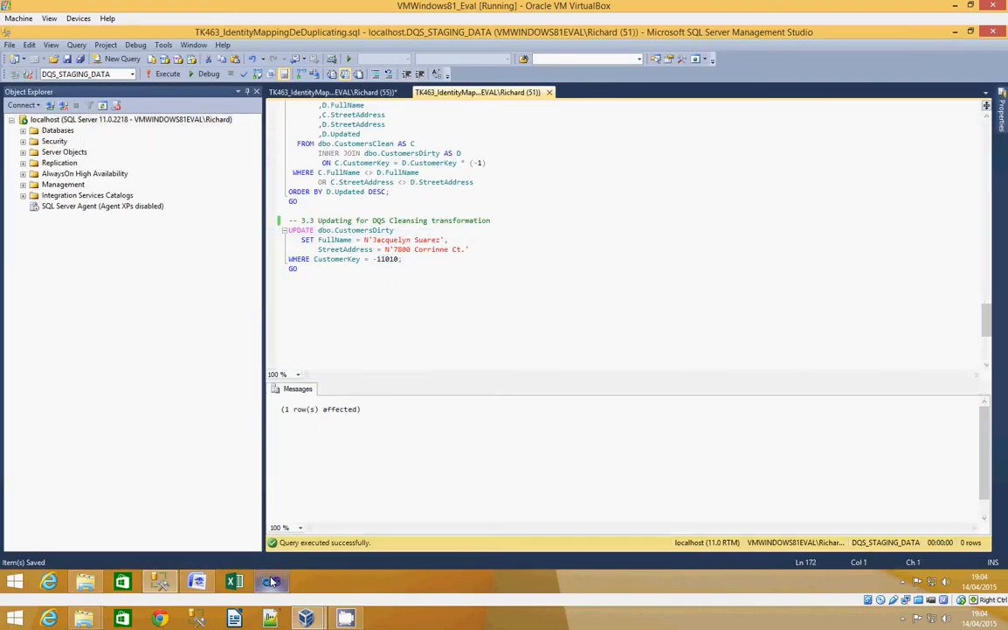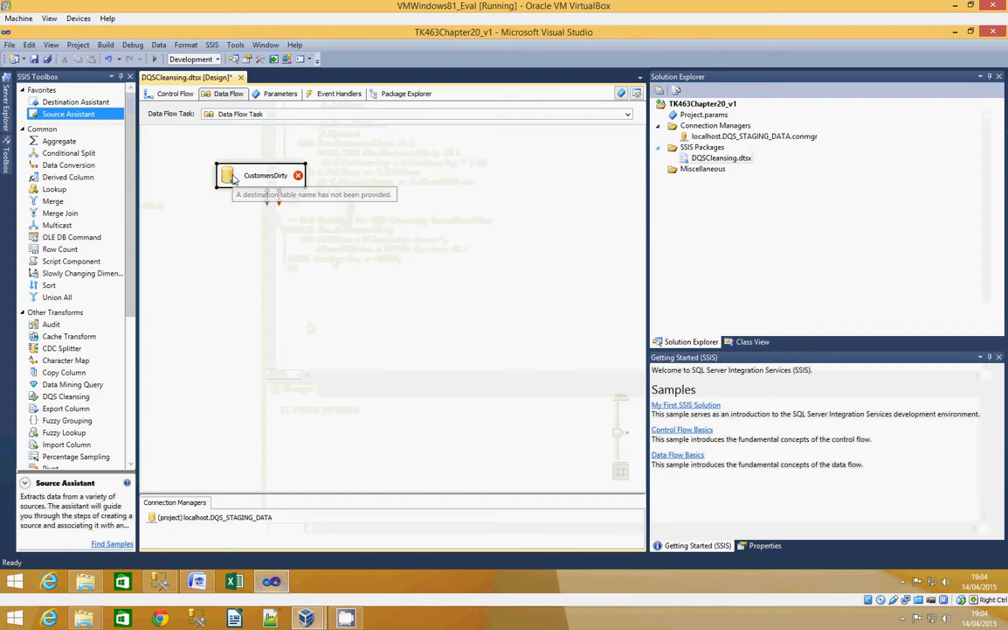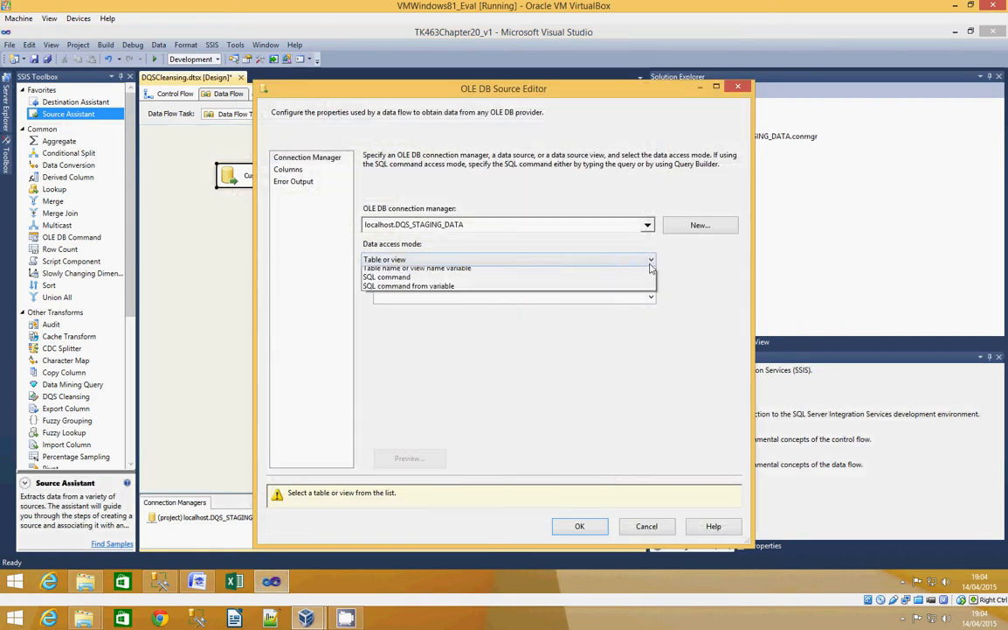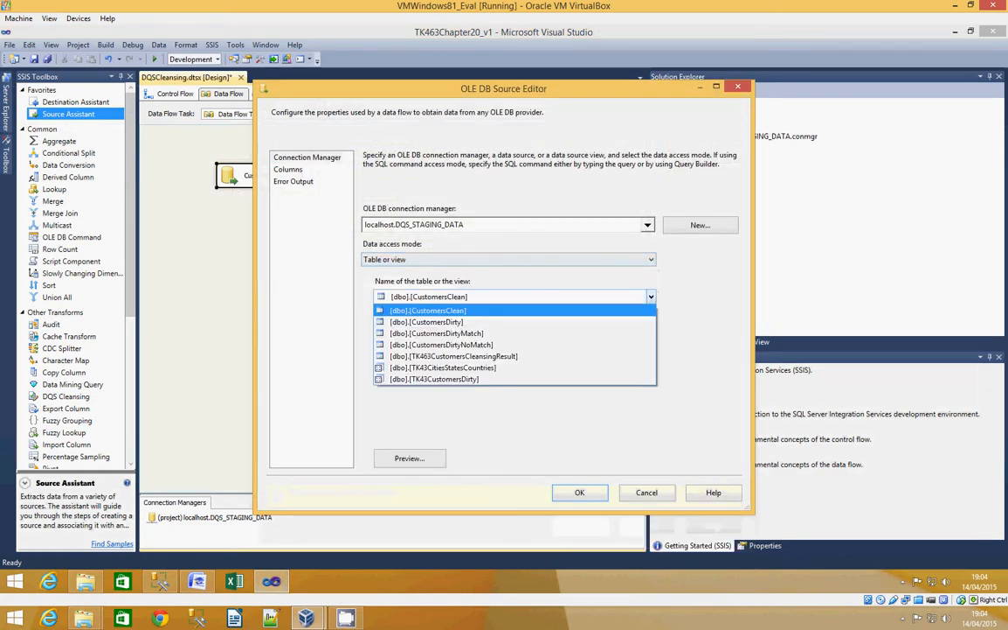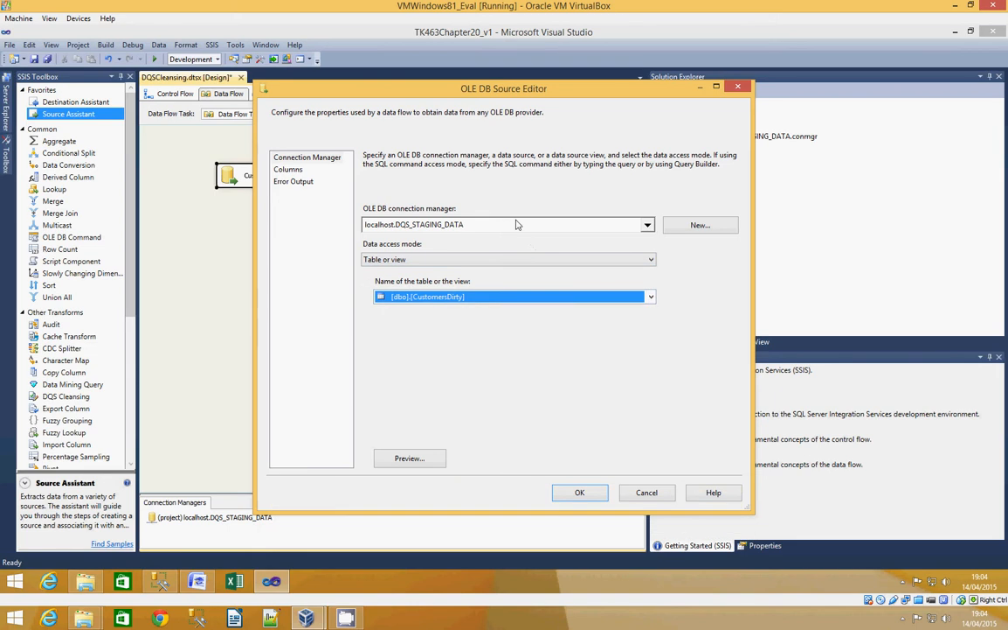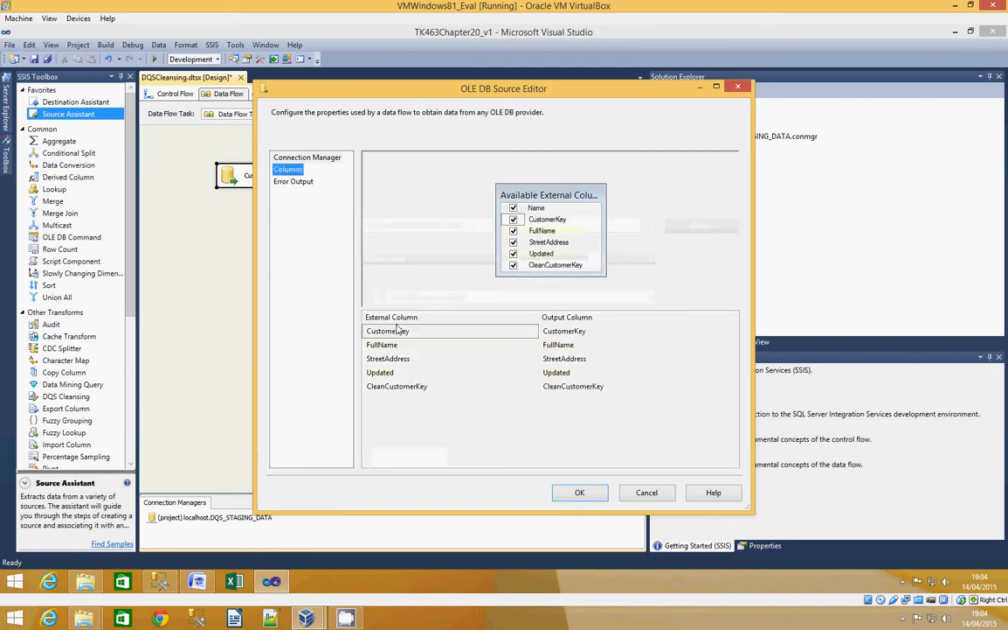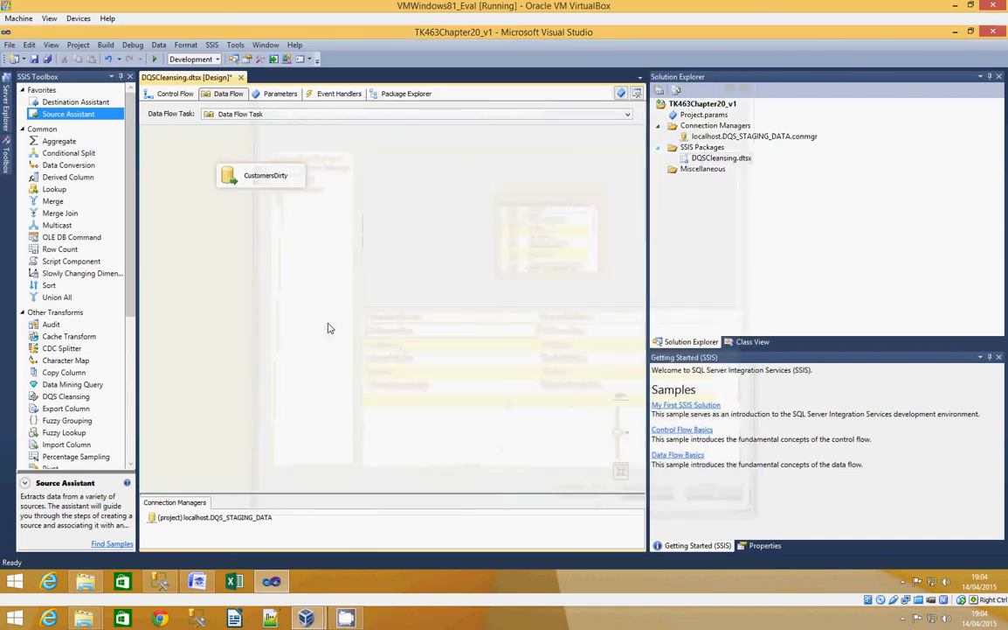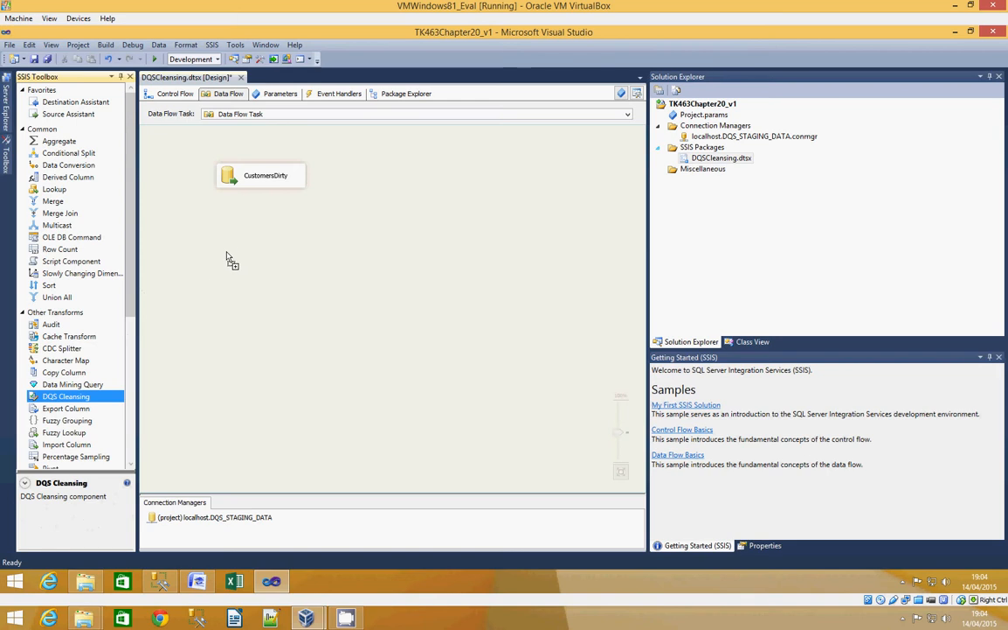So it's back to our integration services package. So let's take data from the dirty table that we've just created, customers dirty. So the columns, got the key, full name, street address, updated and clean customer key. Click OK. Then we're going to drag on our DQS cleansing task,